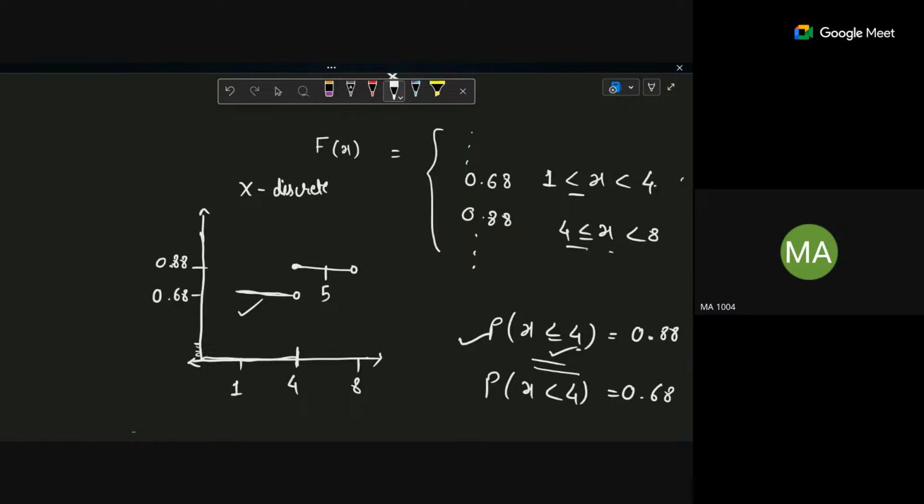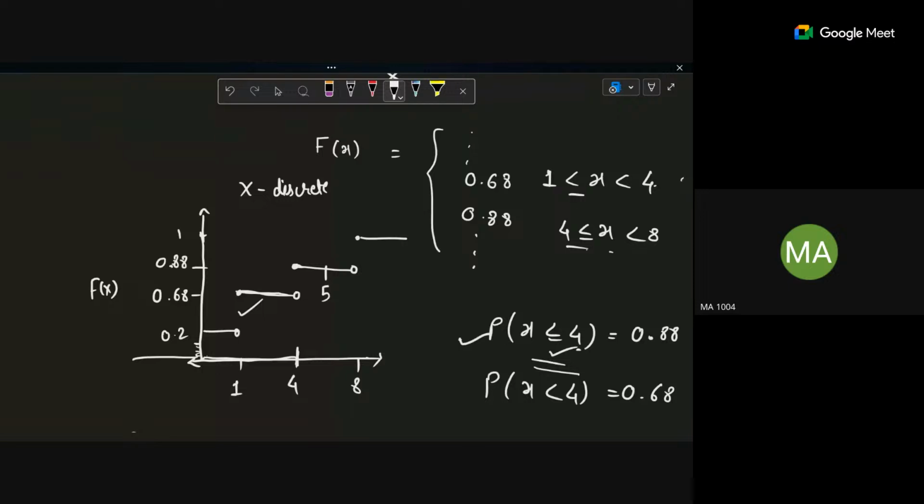X is a discrete random variable whose PDF will look like this. Let's say from 1 onwards here, something like 0.2, and for the rest of the part it is 0. This kind of CDF is given to you, and at that time,